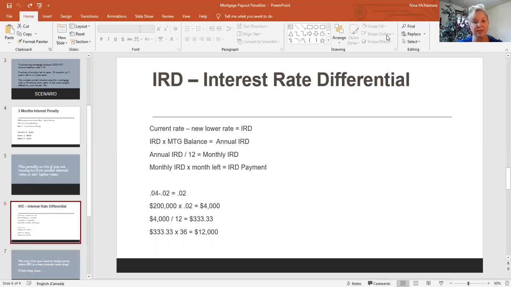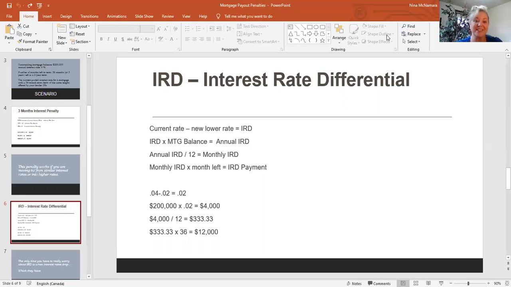Now we take that $4,000 and we're going to divide it by 12, which is going to give us $333.33. Okay, now we take that $333.33, and now this is where it gets interesting. We're going to multiply that by what's left over in the term. So in this case, 36 months, which works out to $12,000. Now lenders are going to charge you that $12,000 versus that, what was it, $2,000 earlier, because they're going